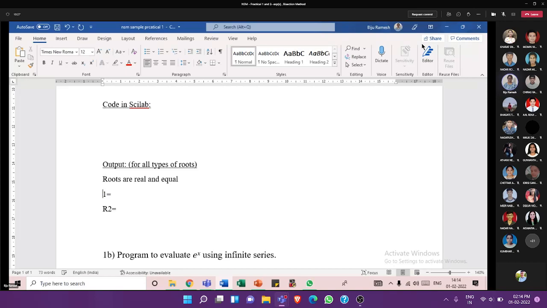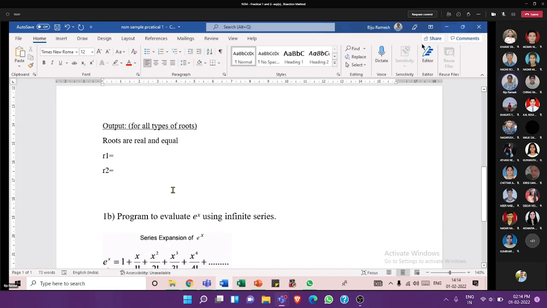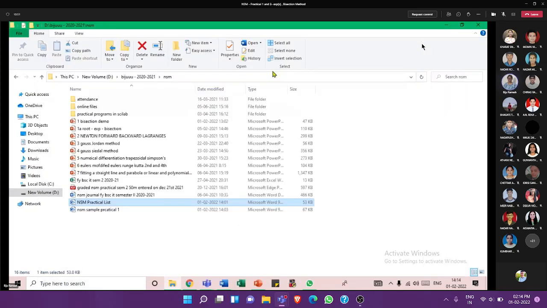So this will be if whatever R1 you are using. Of course, you will be copy pasting the output which is seen as the output for you. You will copy and paste it here. That's all. So when you are copying and pasting, I need the